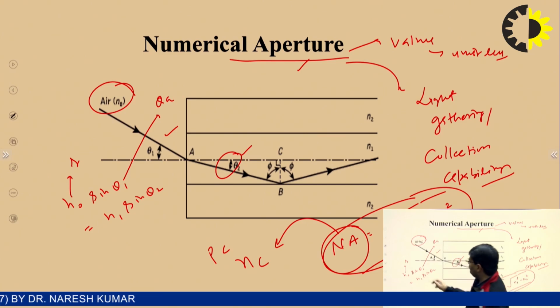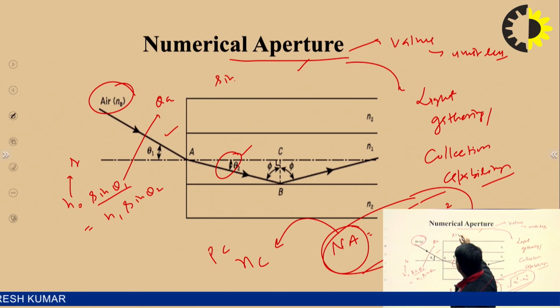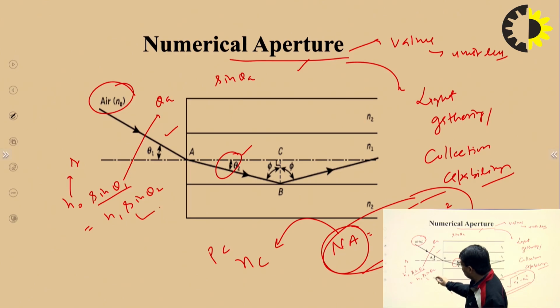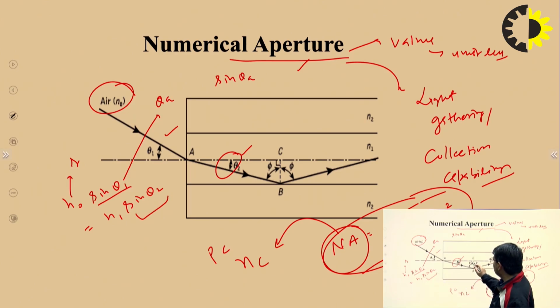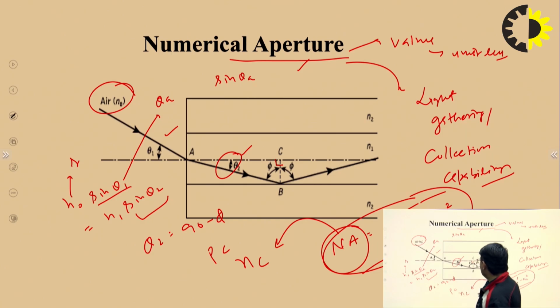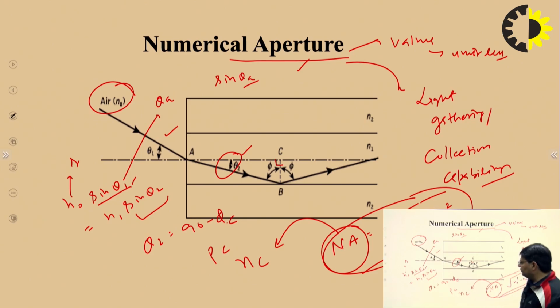So the left hand side becomes sine of theta a, and on the right hand side we have sine of theta 2. Using this right angle triangle, this theta 2 can be represented as 90 degree minus phi. At the critical case, as we have taken theta 1 equal to theta a, this phi also becomes equal to phi c. So putting these values and doing the derivation, we can have